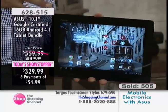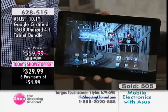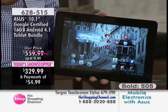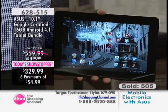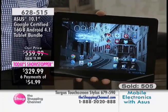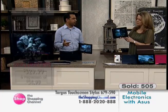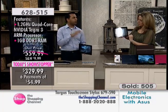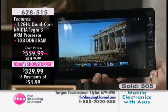There's so many times people want to dip their toes into the tablet market, and what they do is they buy a subpar brand, and they have a horrible experience, and they stay away from tablets or they stay away from Android. With the price of this tablet, you're getting such a great experience. It's above what it's actually worth, because of the technology, because of the IPS panel, because of the Android 4.1, because of the quad-core processing, because of the expandability, because of the portability. The list goes on and on. Plus, all the apps that we're throwing in there for free,